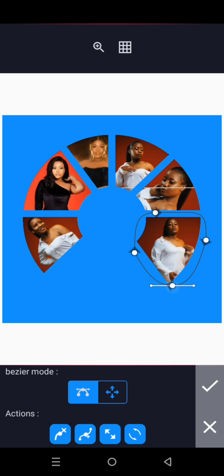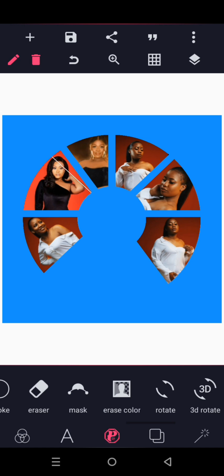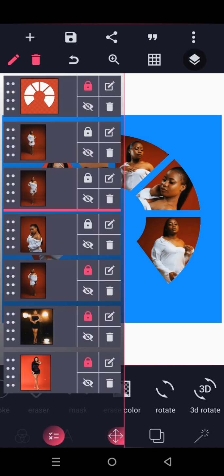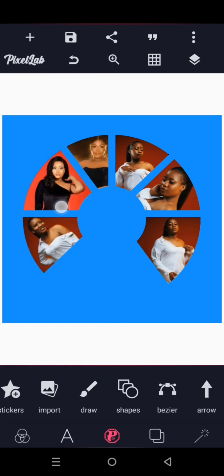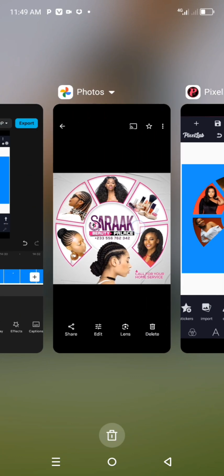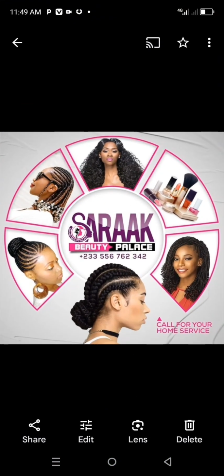Alright, as you can see, I'm here with the last image and I'm done editing it. Now click on this place. Now what you are going to do is to lock everything, so that you'll not be touching the distance. Just lock it. Now as you can see, we've been able to achieve that. So the only difference here is